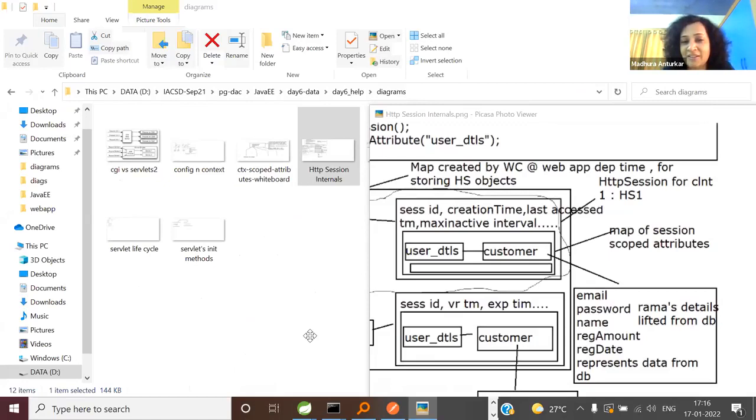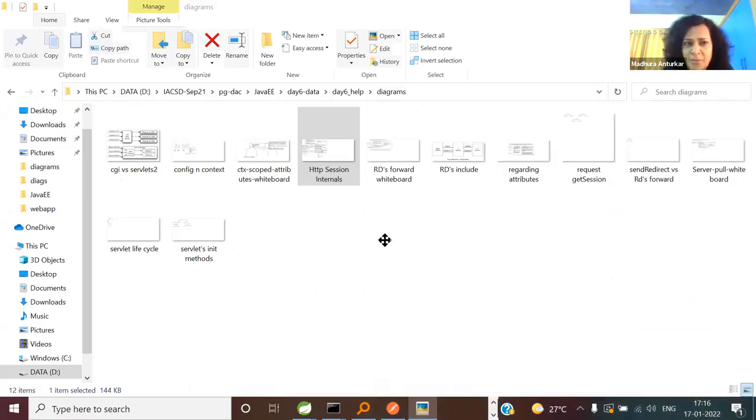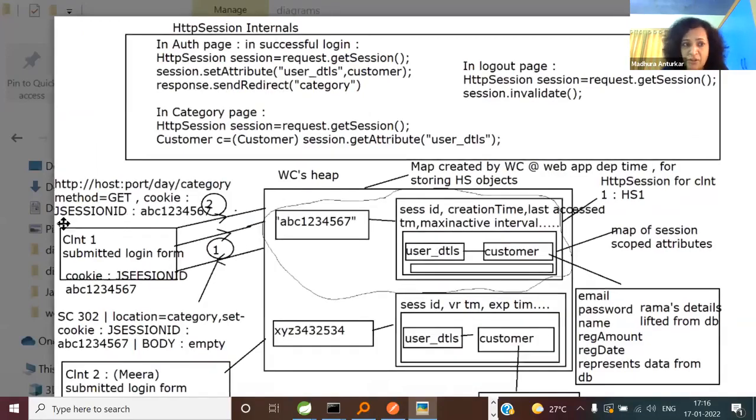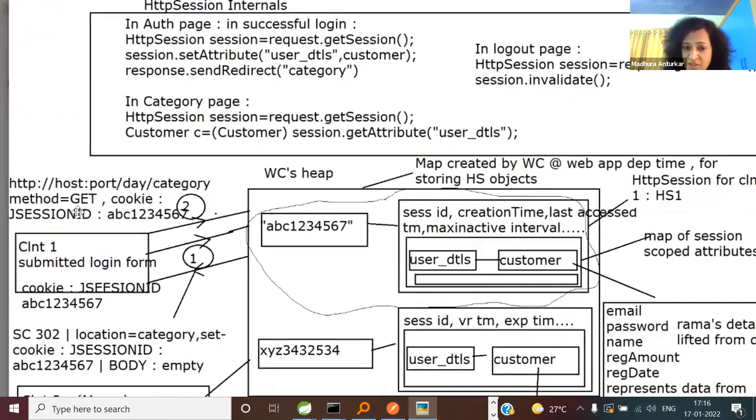Wrong. Totally wrong. There's no cookie by the name user details. Yes. JSESSIONID, all uppercase. Here, somebody said user details. This is the name of the attribute. It is not the name of the cookie. Here, see this now. You have a picture in front of you. The name of the cookie, JSESSIONID. So, from the incoming request, based on a cookie, it will extract the value of the JSESSIONID.